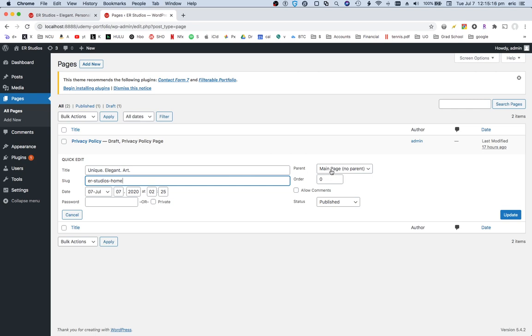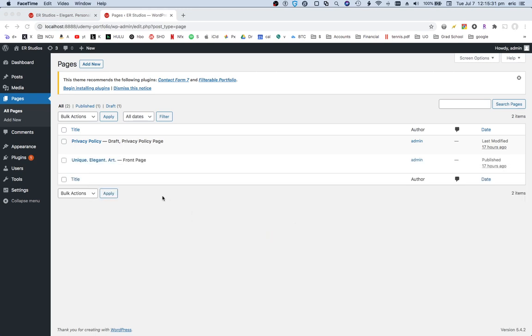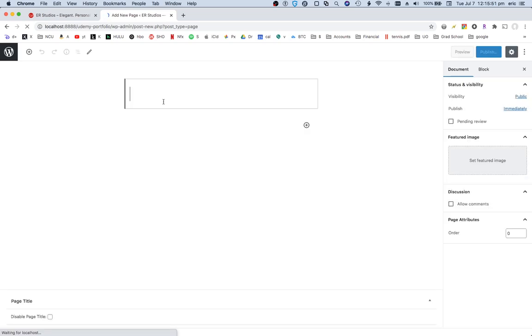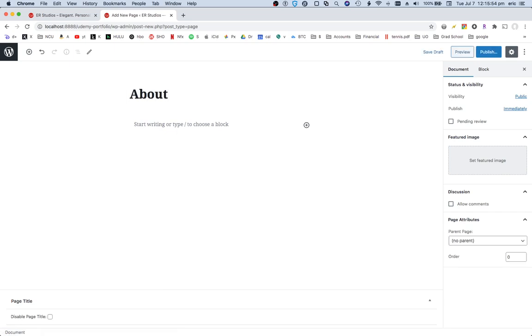And there's no parent page. I don't want a password. I can change the date that this was altered here. As you can see, status I want to keep published. And I'll update this. Okay, great. Now I'm just going to go ahead and create a couple pages. Going to add a new page here. This is going to be my about page. So about me,